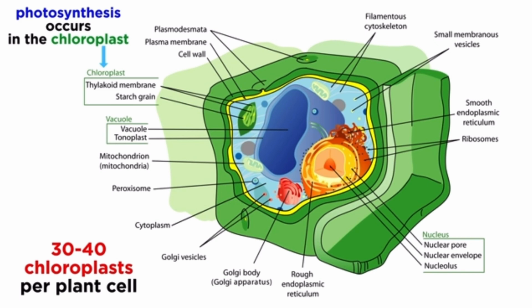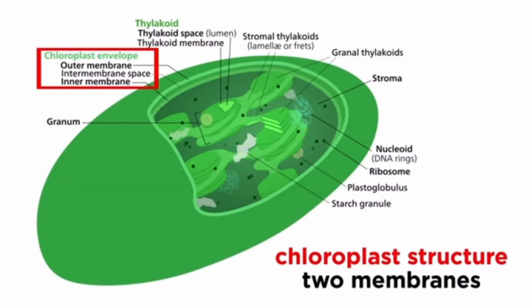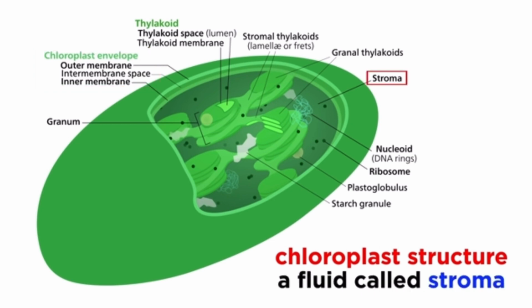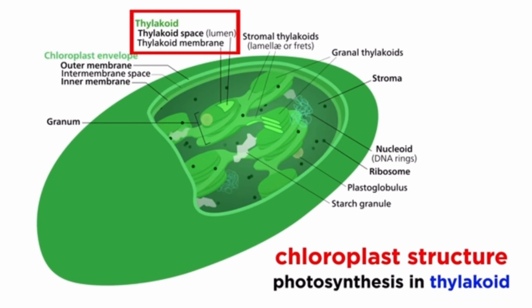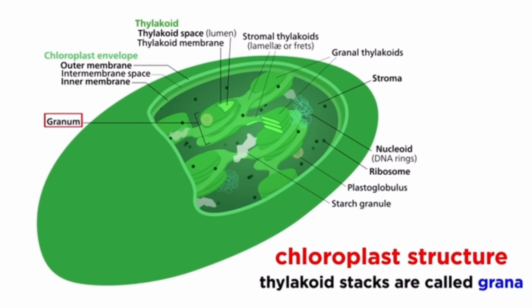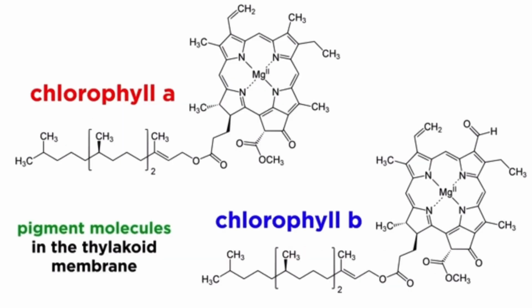chloroplasts, and there are around 30 to 40 of them per cell. A chloroplast has two membranes that surround a fluid called stroma, within which sacs called thylakoids are often suspended. These sacs are often stacked into columns called grana, and in the membrane of this thylakoid sits a special pigment